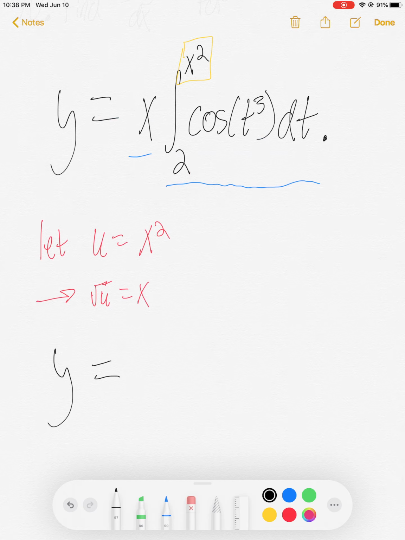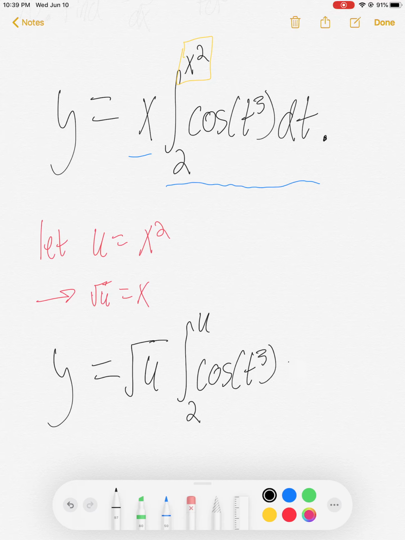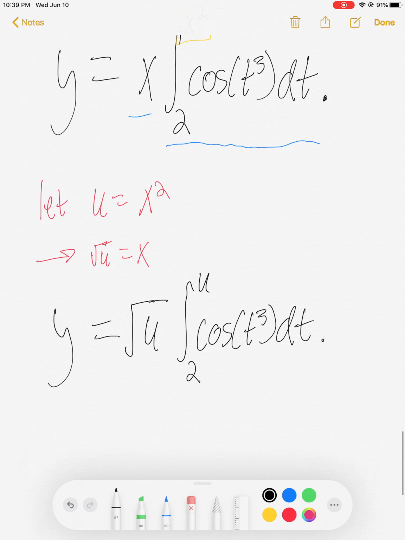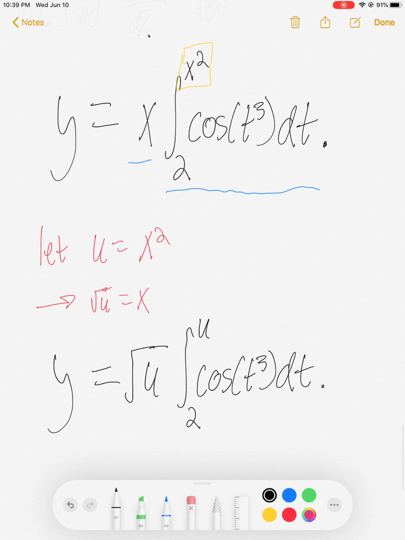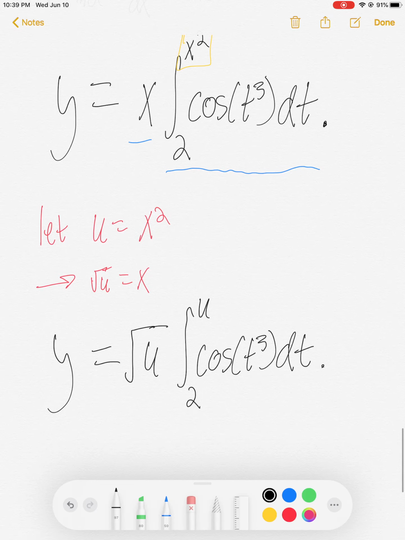Okay, so all I'm doing is changing variables. Let u equal x squared. Well, then this means that the square root of u equals x, which means that I can rewrite y. Y equals, well, in front here I have an x, and I'm saying that x is equal to the square root of u. So y is equal to the square root of u times the integral from 2